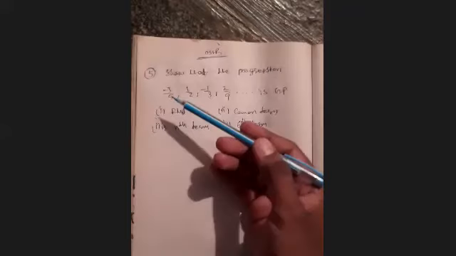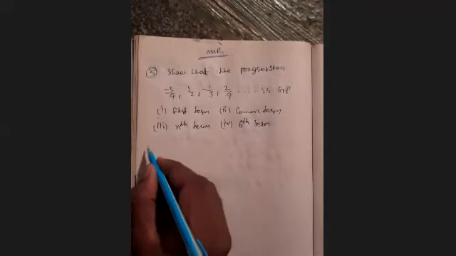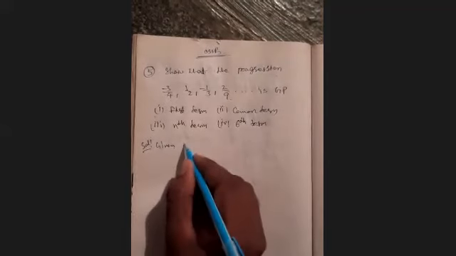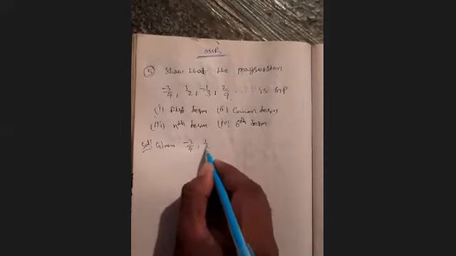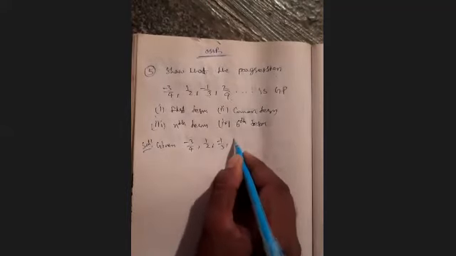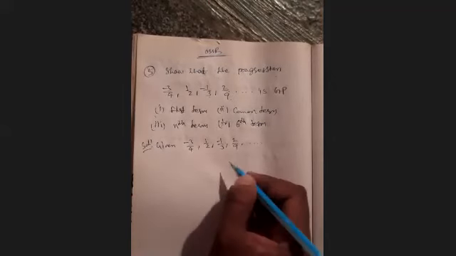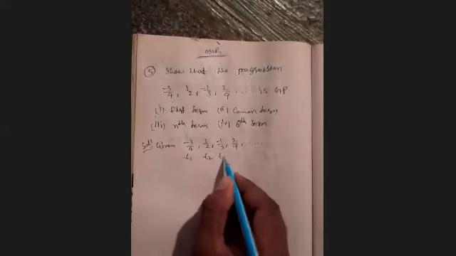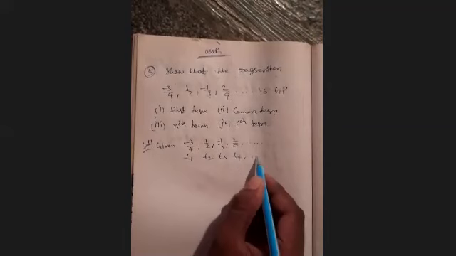So I will give you the solution. This is also the same as the previous one, but a little bit different. All terms we have in fraction form. Okay, whatever it is, first write the given progression. What is given? Minus 3 by 4, comma, 1 by 2, comma, minus 1 by 3, comma, 2 by 9, comma, and so on. So clearly this is the first term T1, this is the second term T2, this is the third term T3, and this is the fourth term, and so on.